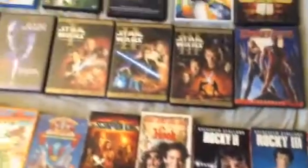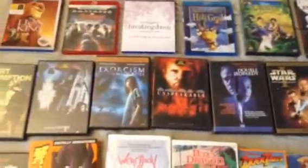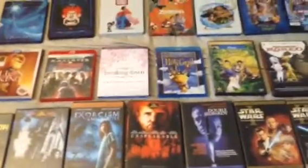Well, folks, there you have it. This is one of my biggest recent movie hauls. Look how massive it is. I am so glad I got this